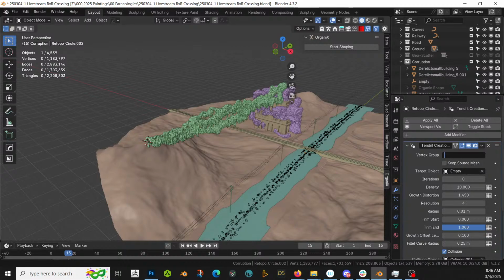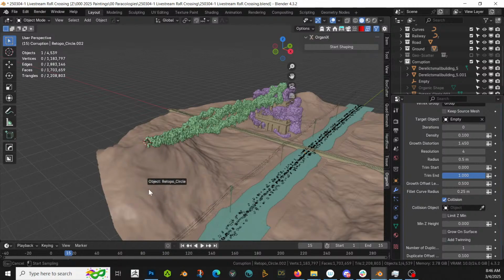Group is going to be group. Density is going to be 0.1. Growth offset. Length 0.5. Radius 0.5. Iteration. And we want to